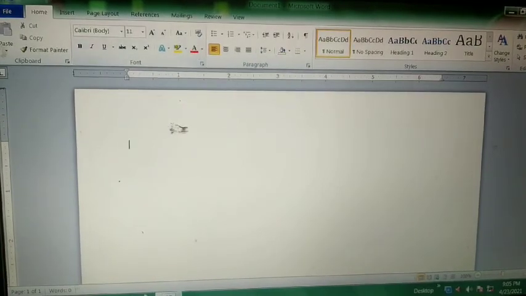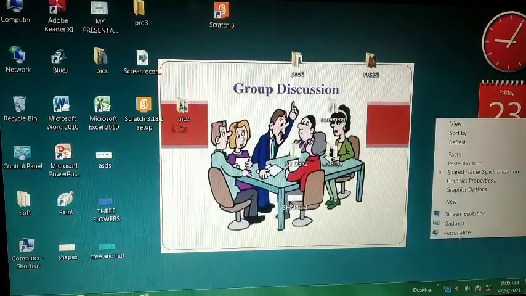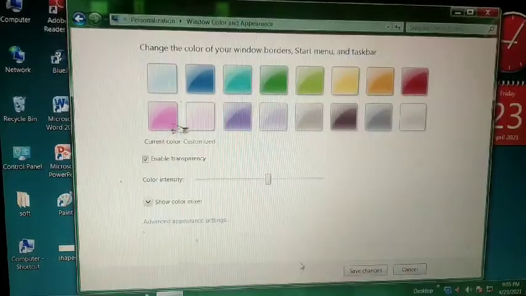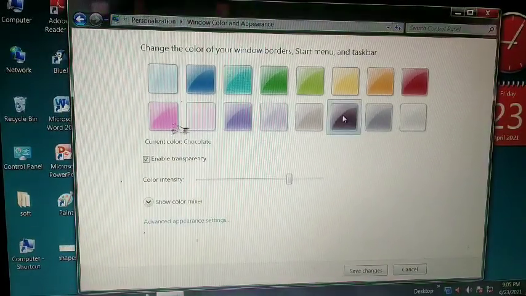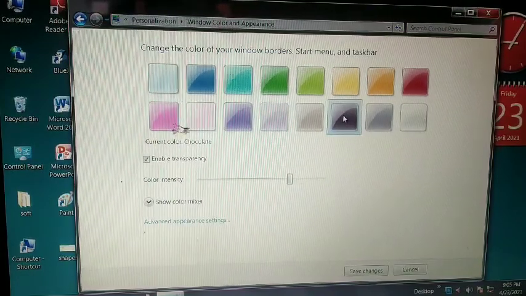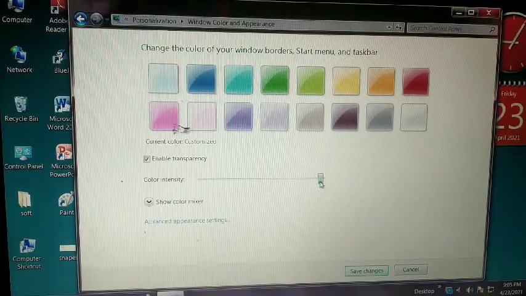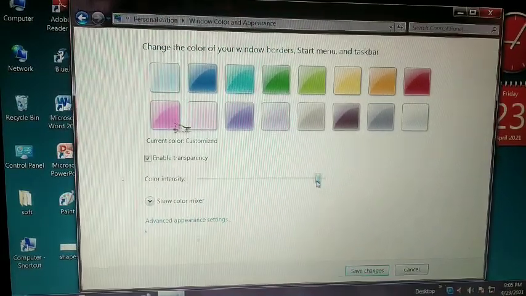Again I'm doing a right click, go to the personalize option. This is window color. Now suppose this one, chocolate color. So the chocolate color has come. Drag to the right, this is the dark shade.